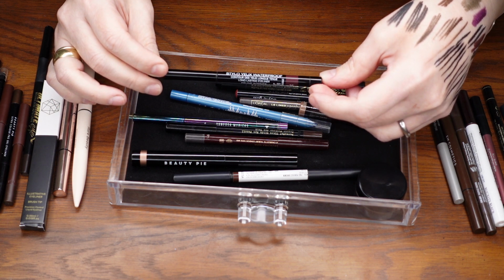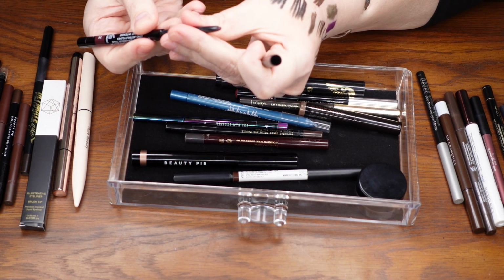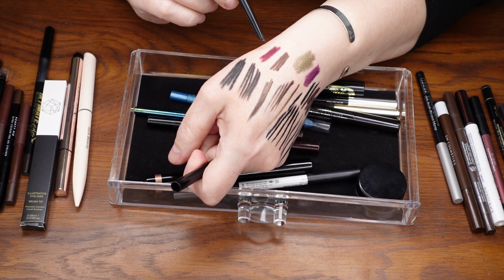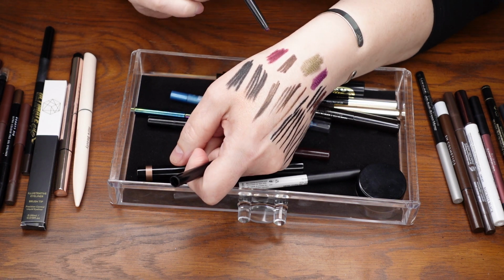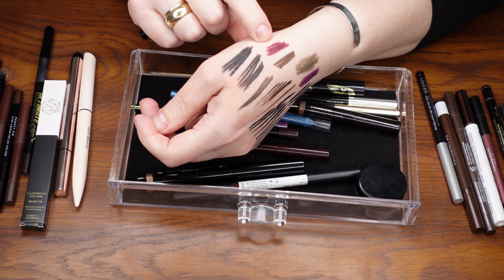This was kind of like a wah wah. This is the Chanel Stylo Yeux Waterproof, in the shade Prune Intense. It's another one of those berry colored ones. This one's a little bit more burgundy, a little bit cooler, almost brown leaning. I'm gonna hang on to this for now. This works great above the lash line. I think it's Cherie Voyage